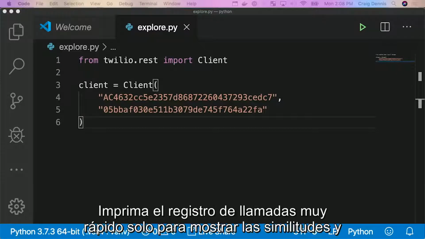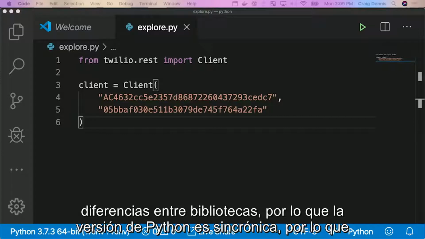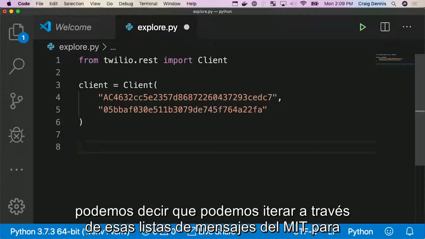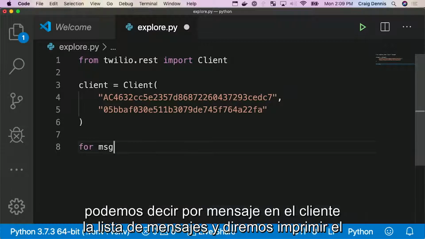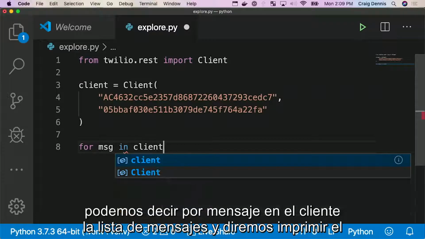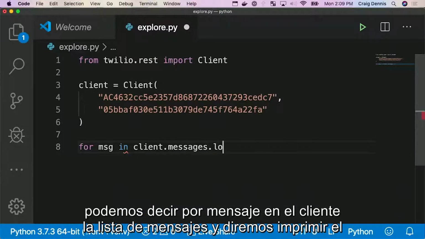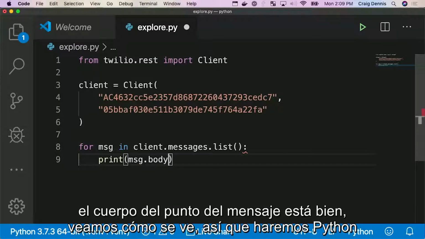Now, let's print out the call log real quick, just to show off the similarities and differences between the libraries. So the Python version is synchronous, right? So we can just iterate through those lists of messages. So we can say for message in client.messages.list. And we will say print the message.body.